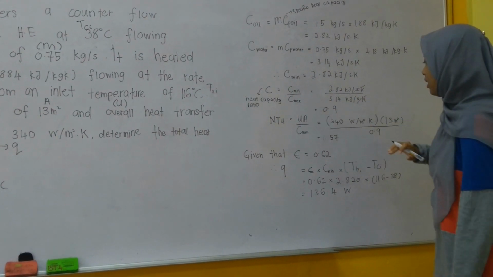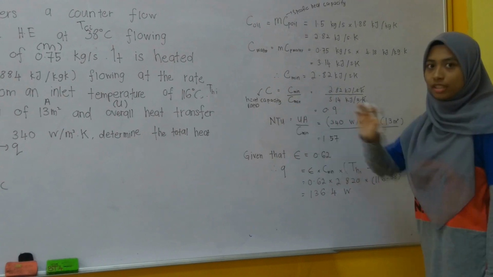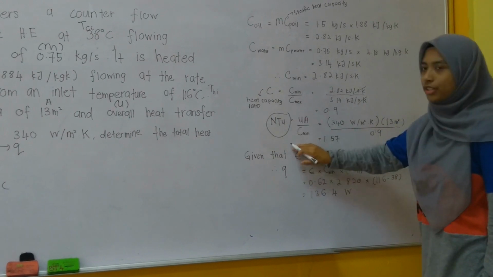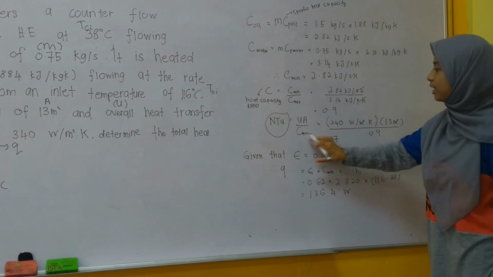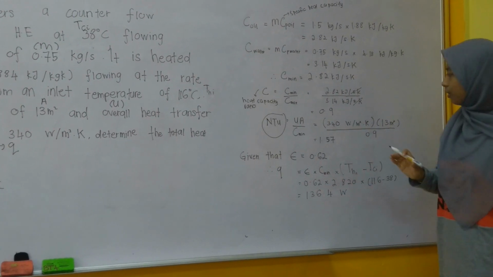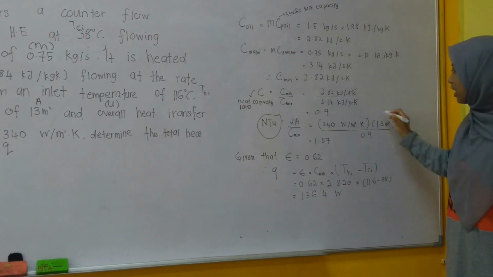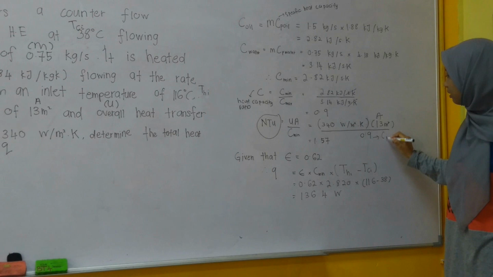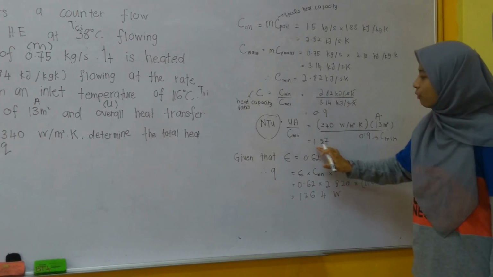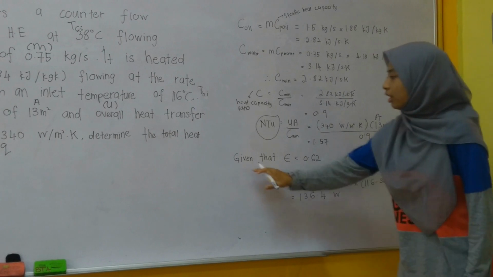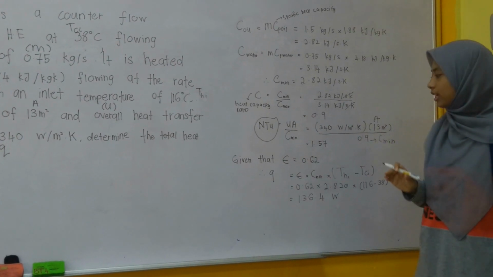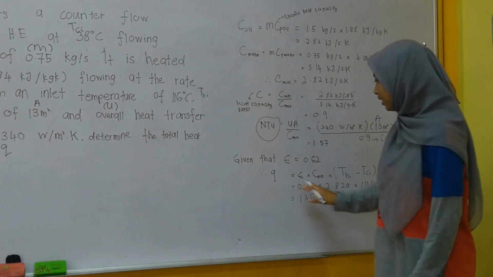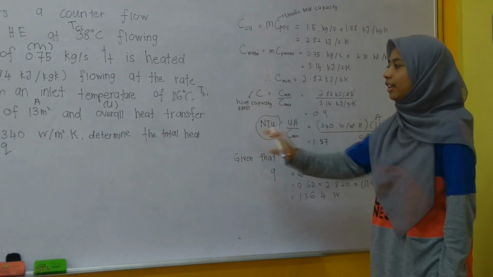Then after getting the heat capacity ratio, we can substitute it in the NTU formula, which is UA over C minimum. UA is 340 times 30, the area, then over C minimum 0.9. Then we can get 1.57. So it is given that the effectiveness is 0.62. Then we can get the Q, for the total heat transfer,